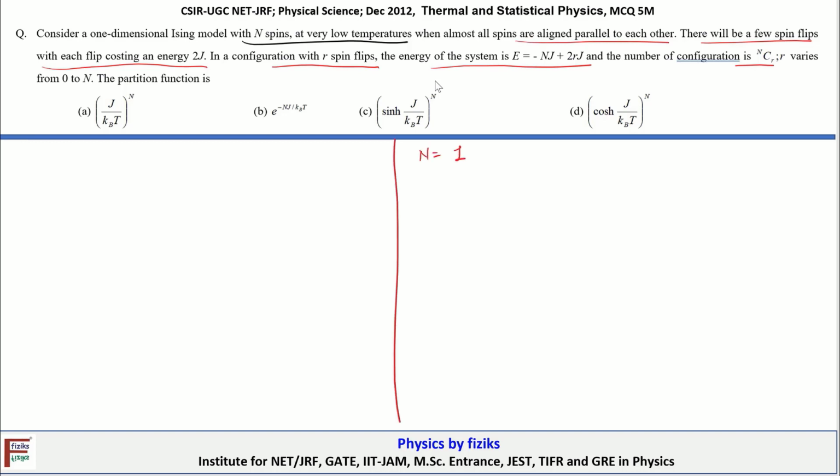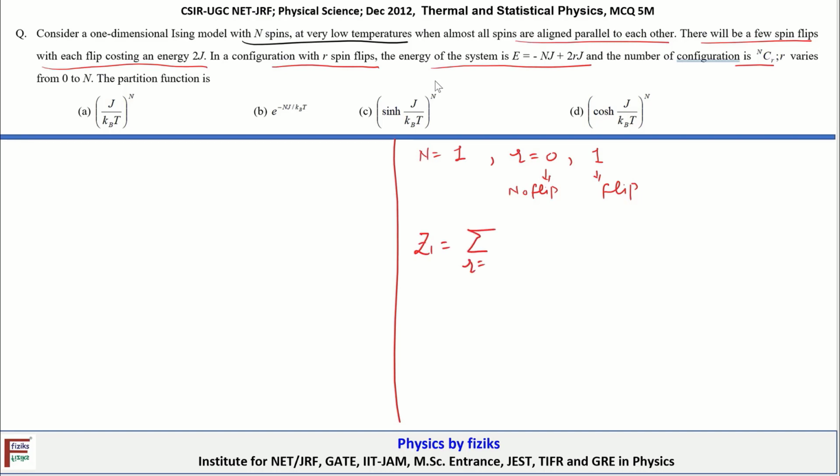Okay, so when we say that there is only one single spin, the possible value that R can take is either 0, which means there is no spin flip, or 1 when there is a flip. So R is equal to 0 corresponds to no flip, and R is equal to 1 when there is a spin flip. Now the corresponding partition function is given by Z1, that is equal to